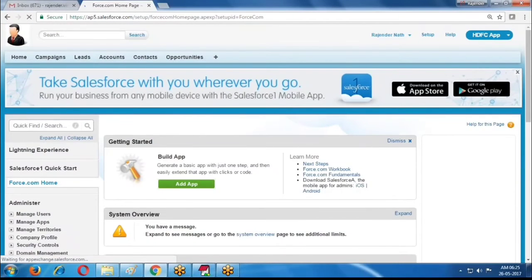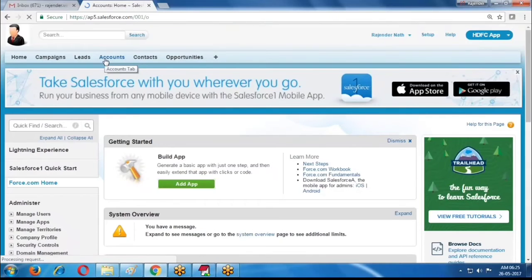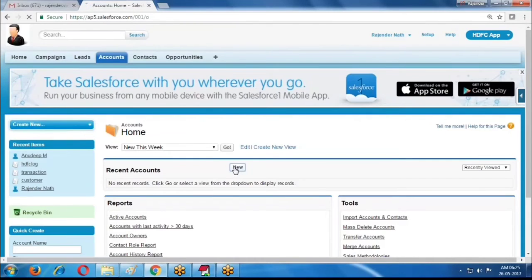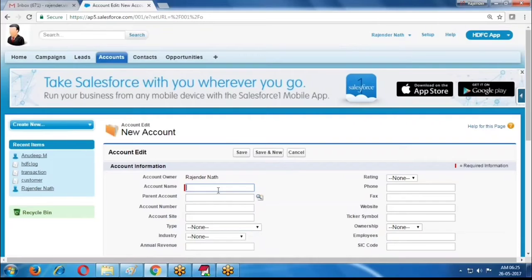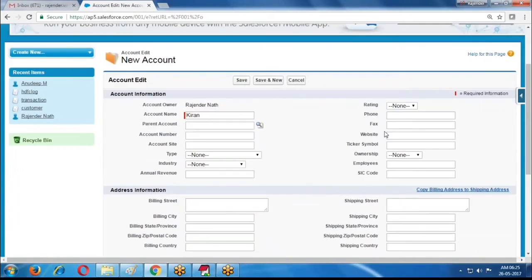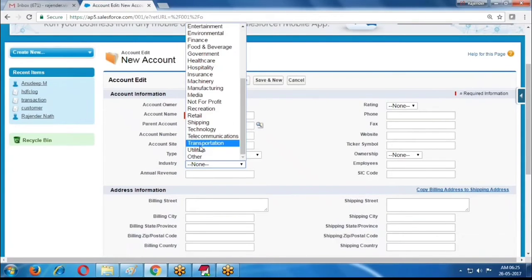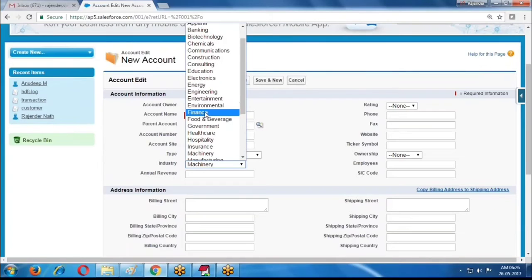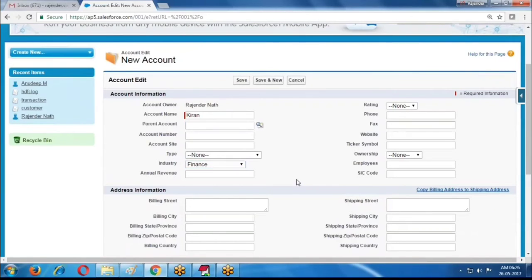Now we have one object, the account object. I am creating a record, Kiran, with industry equal to marketing, or finance, or government.